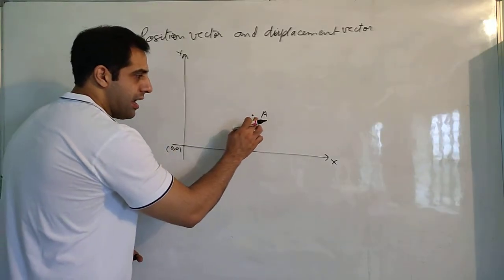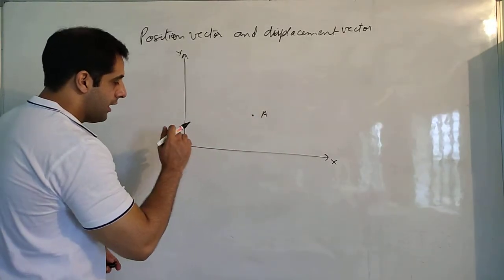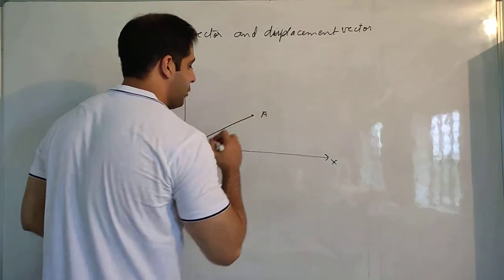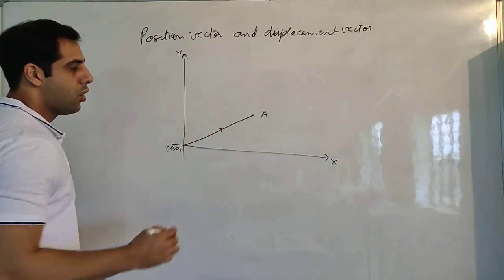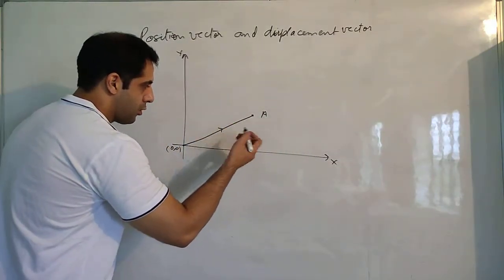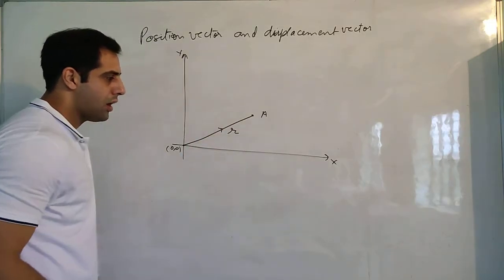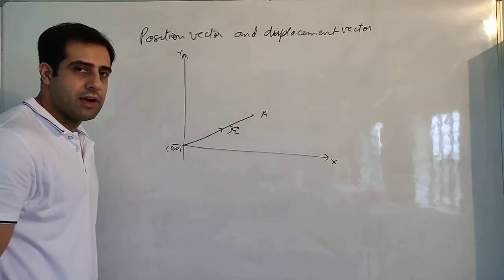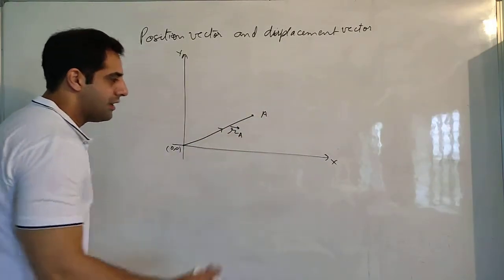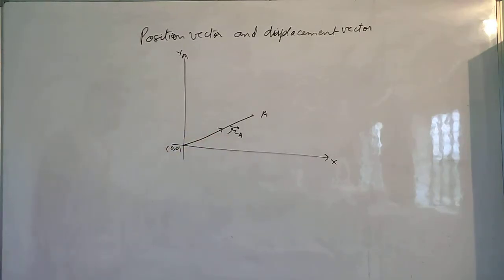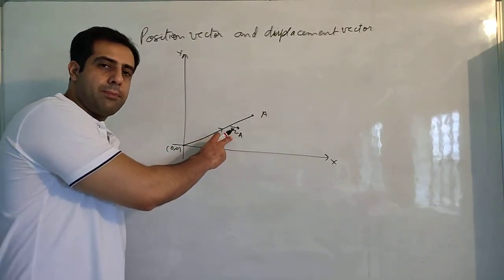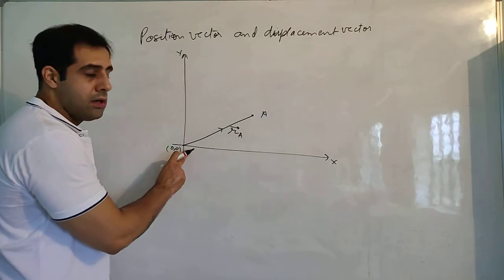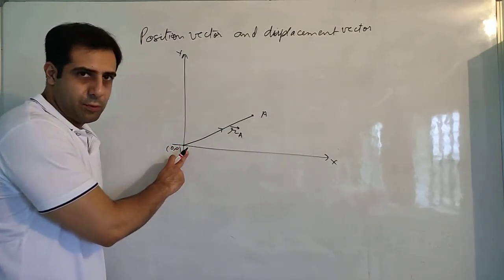So when point A is here with respect to the origin, a straight line joining the point of reference and the position of the particle is called the position vector. You can name it anything, but generally it is named small r. Since it is a vector, there will be a vector sign, and since it is the position vector of A, we can also write A in the subscript. So it is easily identifiable that r_A is the position vector of A, because it tells us the position of A with respect to the origin, or the reference point.